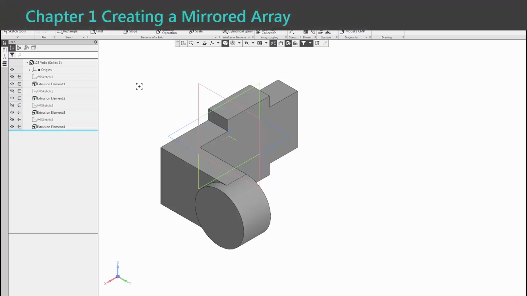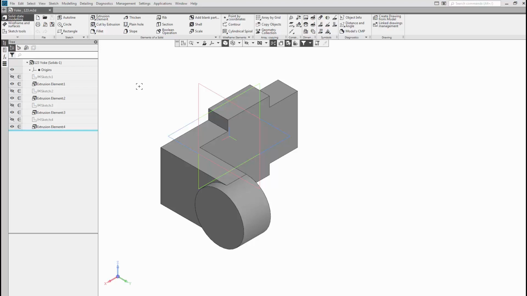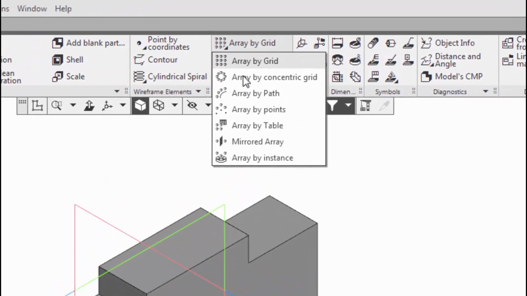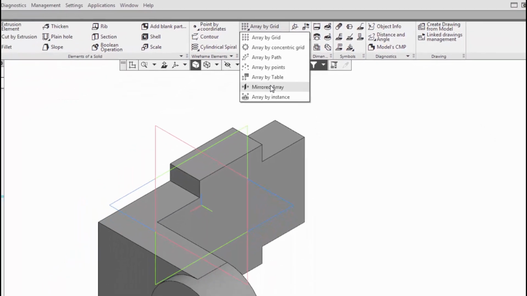The lug features can be mirrored above the plane of symmetry of the yoke. Hold down the Array by Grid button on the Array copying toolbar to see all the commands of this group. The button of the command that represents a group of the commands on the toolbar has a black triangle in its bottom right corner. To select any command from the drop-down list, keep holding down the left mouse button, or